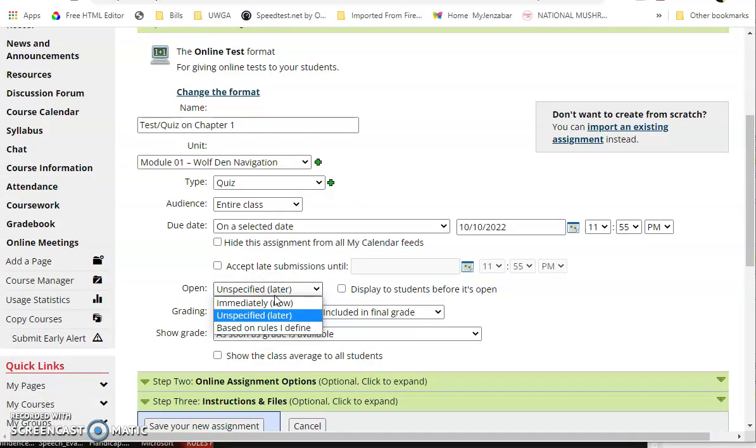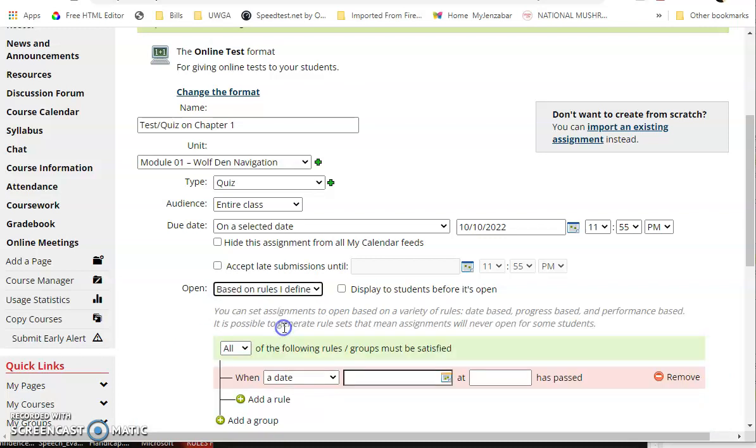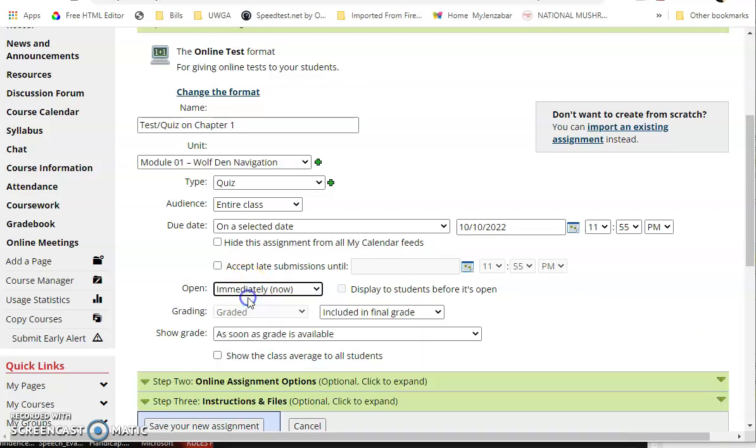If you are going to accept late assignments, you can choose these options. It can be opened now or later, or based on rules you define, just like any other assignment that you're going to set up in WolfDen. If you choose based on rules I define, then you will be able to have this test open on a certain date or after a certain assignment. I encourage you to explore these rules, but if you want it open now for the students to be able to get into and see and take,